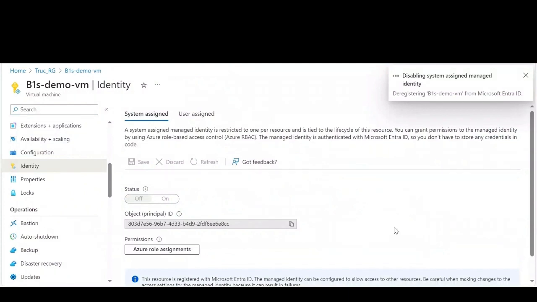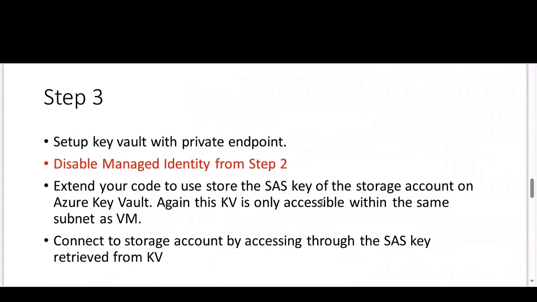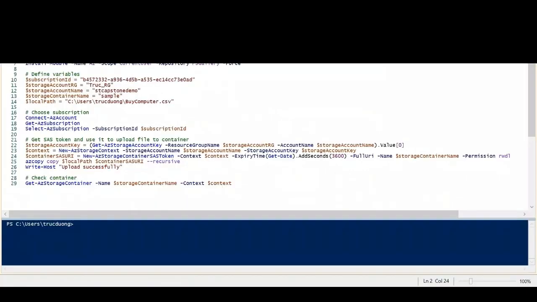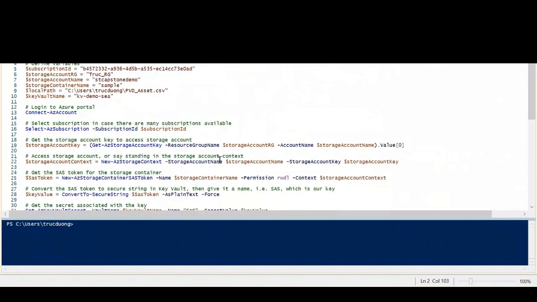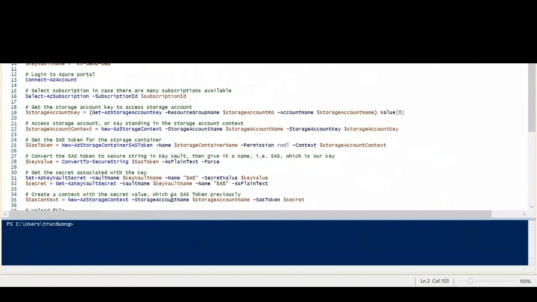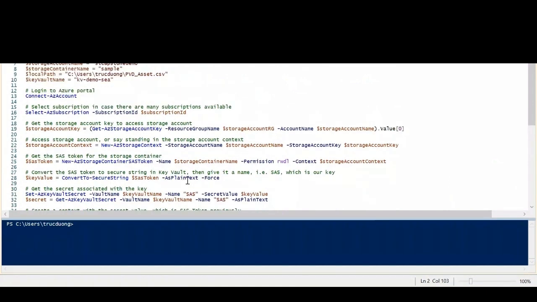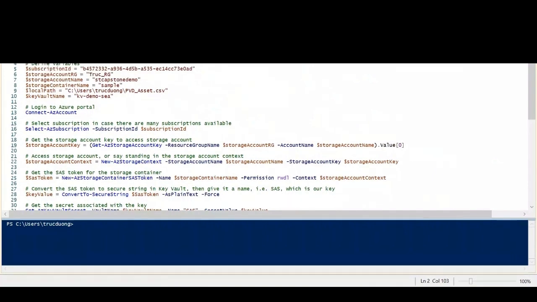To access by using Azure Key Vault, this is just an extension of the code before. Now the SAS key will be secured by the key vault, and you retrieve the value of the key to connect to the storage account through this key. So this is the script to run, and it's the same with just some added commands for creating a key and setting it. And yeah, so once done, you see